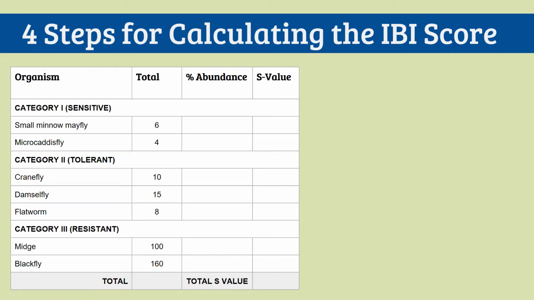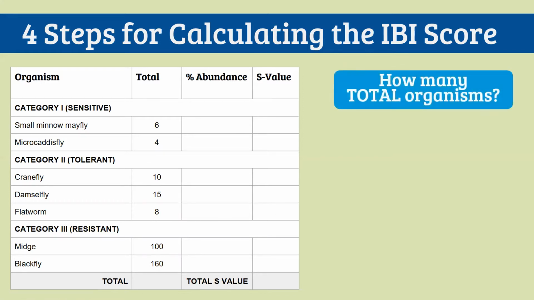There are 4 steps for calculating the IBI score, or Index for Biological Integrity. We use this score to come up with a health rating for the creek. In this example, you can see that we counted the total number of each organism that we found in our sample. The first step for calculating the IBI score is to determine how many total organisms were in the entire